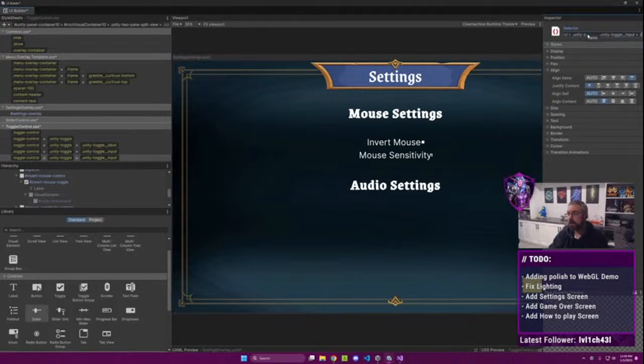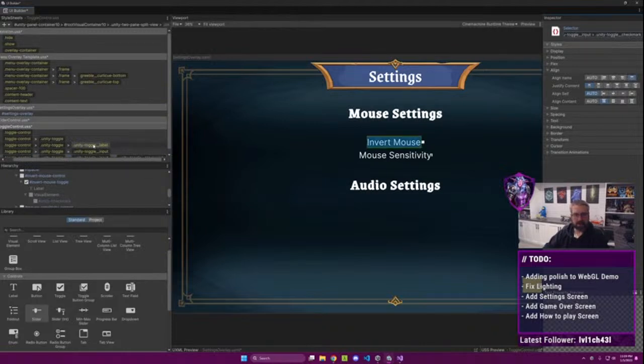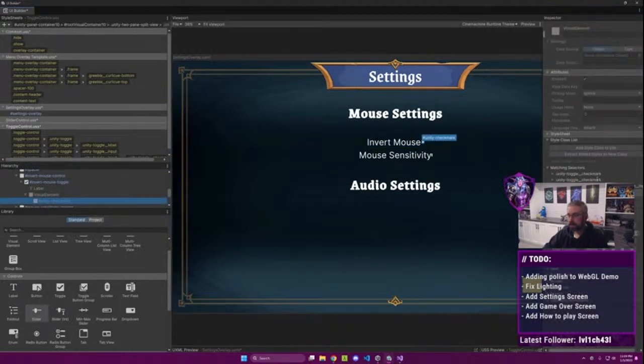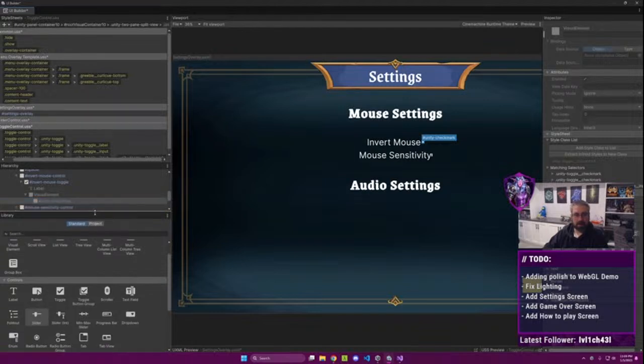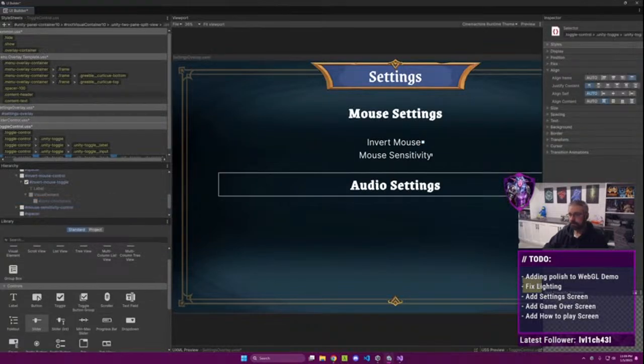Unity toggle check mark. Make sure that's what it is. And here